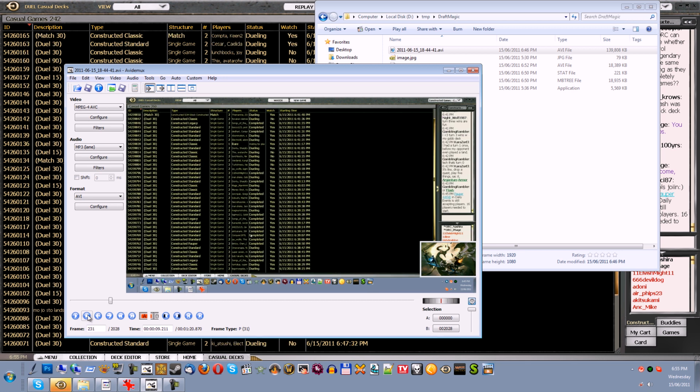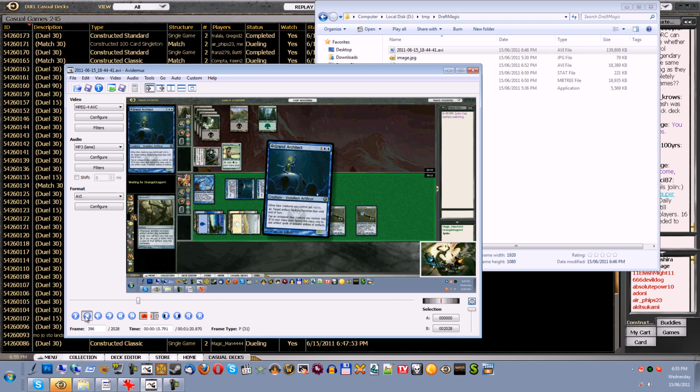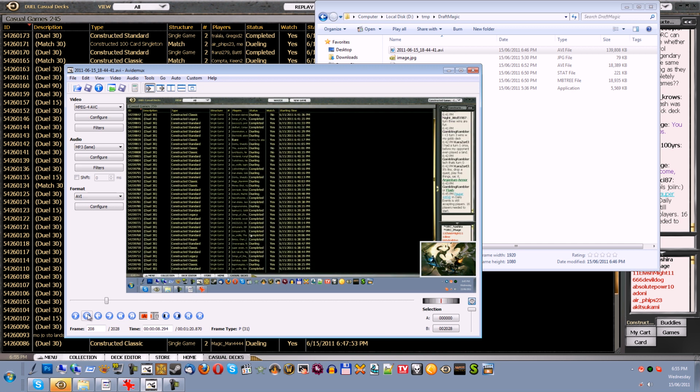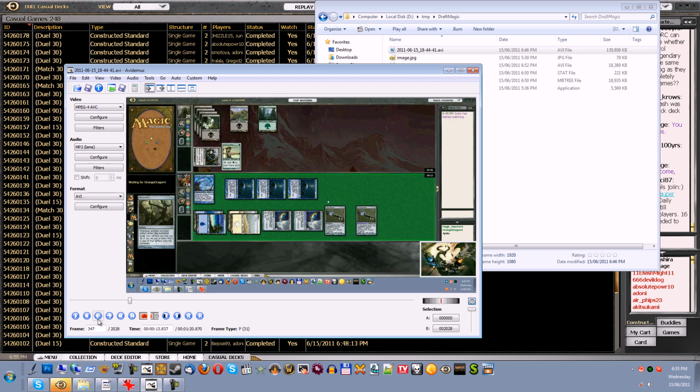Let's press space. And we're just going to go into a game that's already running, just so we can see it. Okay. Magic the Gathering, and we're just going to go into a game that's already. Okay, well, obviously